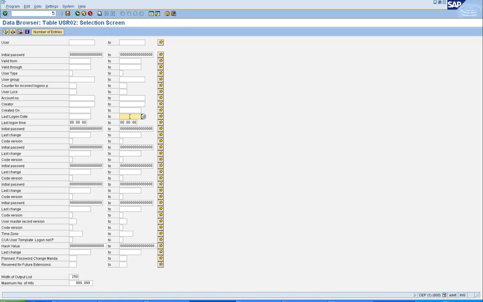If you don't want those user IDs in the system, you may want to lock them or delete them. So you might want to find out the frequency of users using the system. The last logon date field will help you in finding that out.